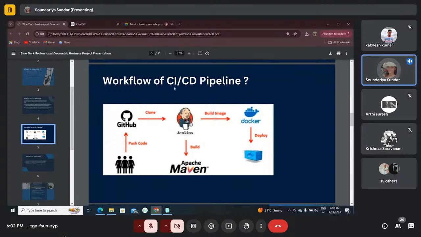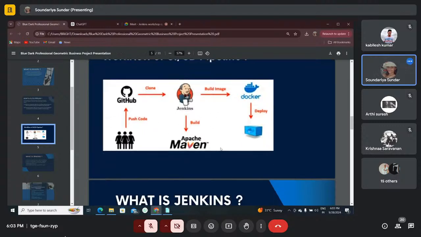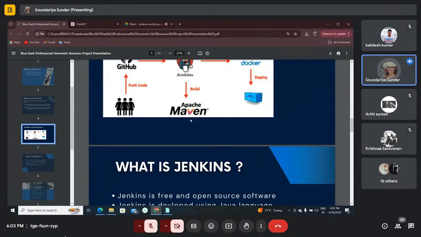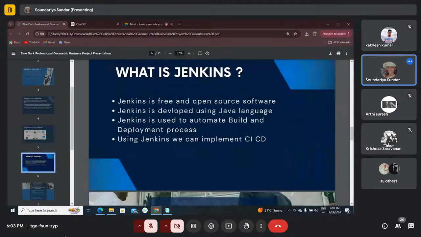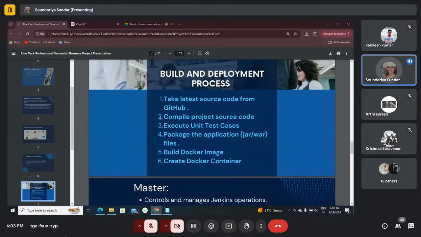So this is the work and process of Jenkins. So now we can understand that Jenkins is not an independent tool, it is just an integration between two tools, right? So this arrow mark is the work of Jenkins. Communication between two tools, that is integration. So from here you can understand that after I'm putting the code into GitHub,